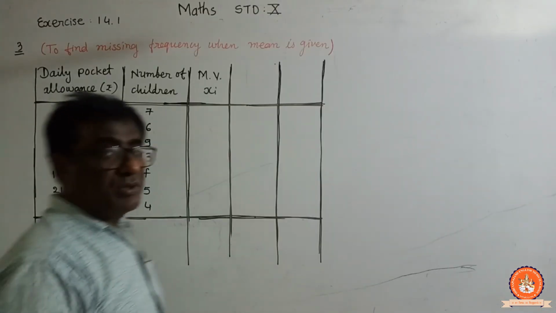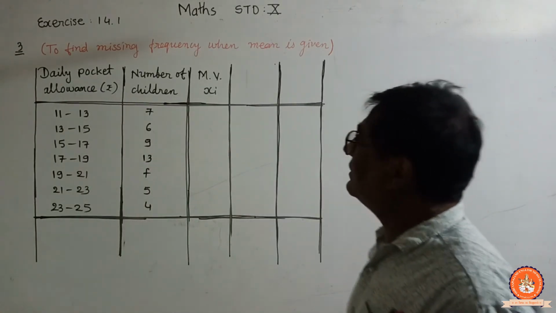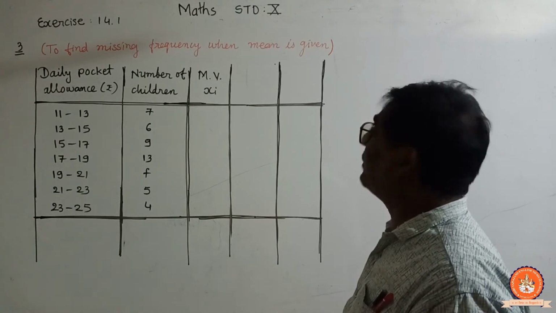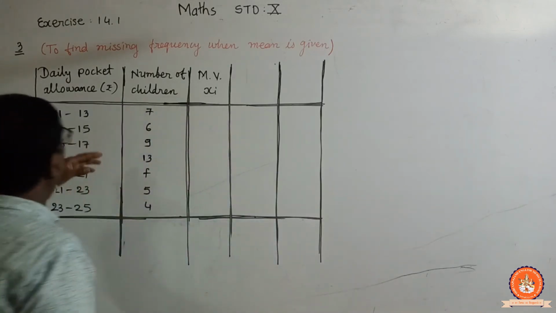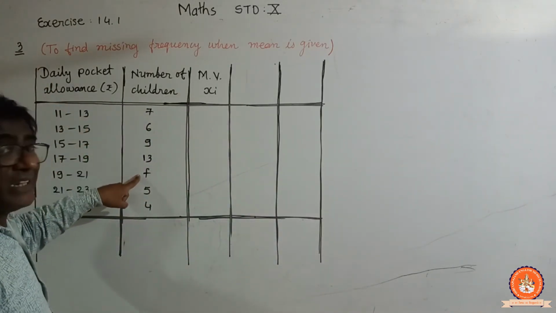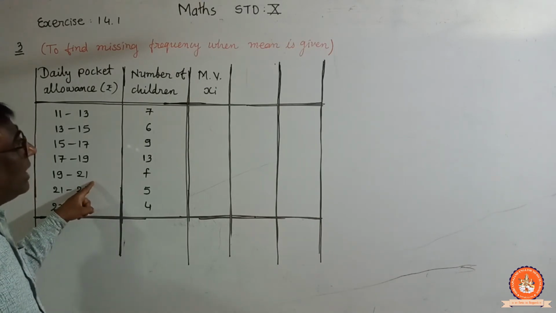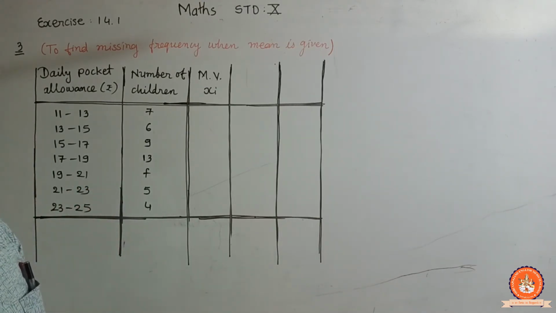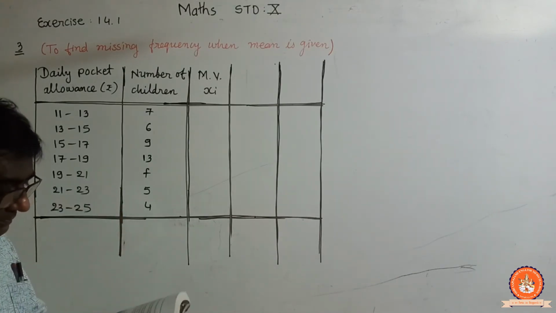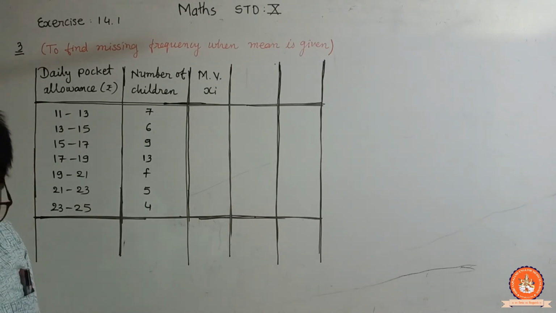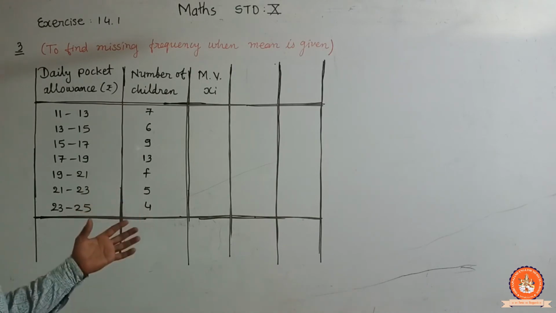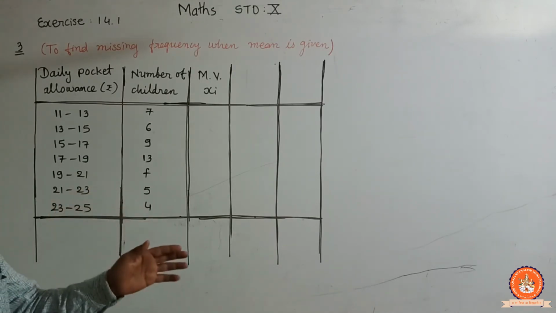Now, question number 3, special case in which we have to find the missing frequency when mean is given. So, this is a different type of question. Look at it. See, a frequency is missing here, and a mean has been given to us. Okay, so mean is 80. And we have to find the missing frequency. Now it is as usual, जो हम और सम करते हैं वैसे ही सॉल्व होगा, वैसे ही स्टेप आएंगे, लेकिन हमें मीन की वैल्यू डालनी है और फ्रीक्वेंसी की वैल्यू हमें मिलेगी.